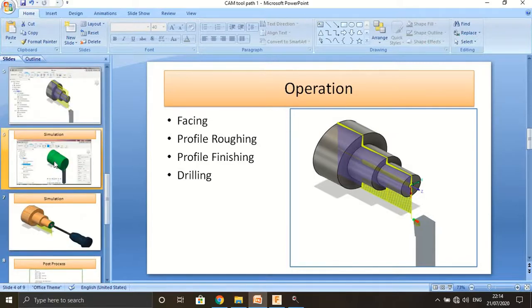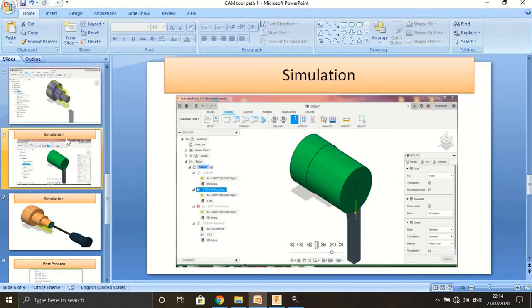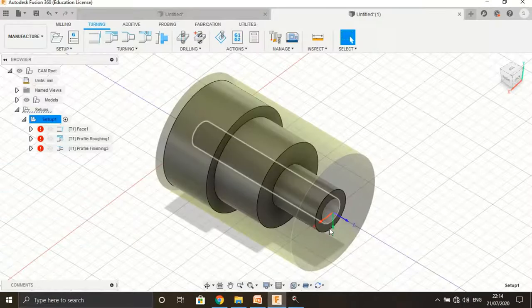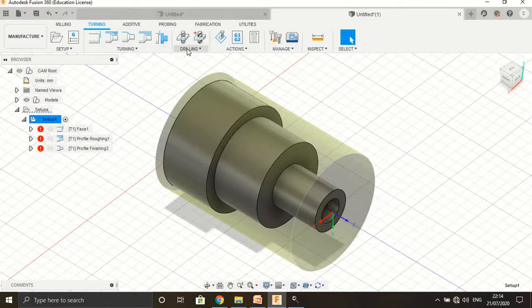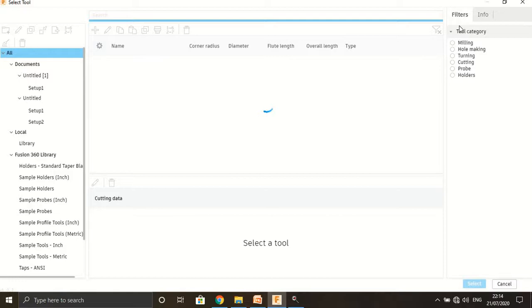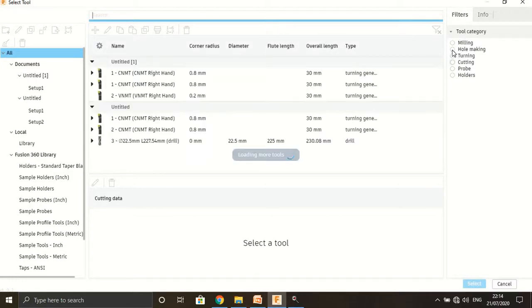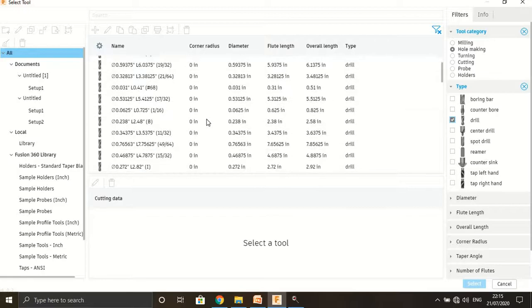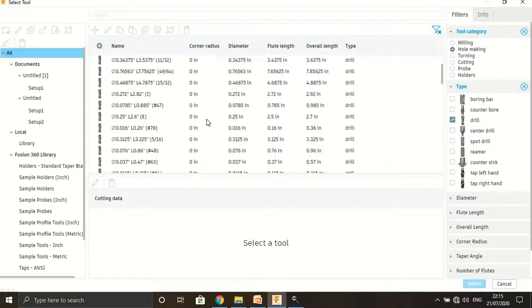And the next, after completion of the simulation, is selecting the tool for the drilling operation. So select the drilling. First select the tool. For tool category, we are going to select hole making, in which drill, and then a number of tools are available in data.